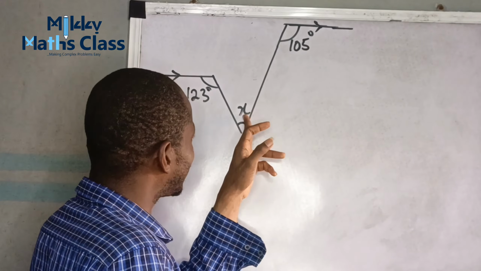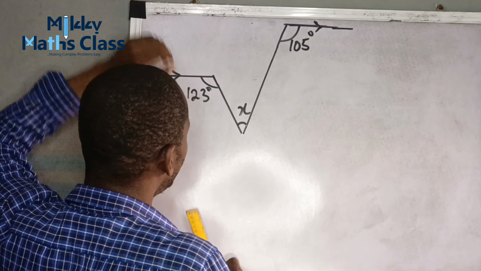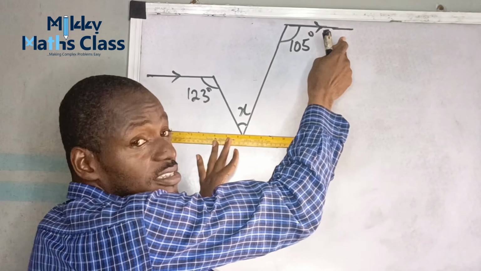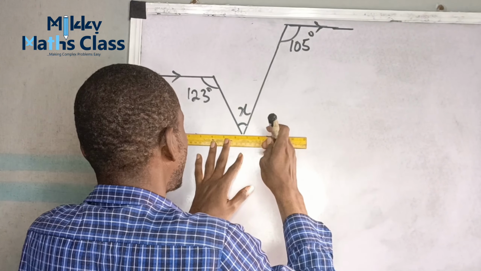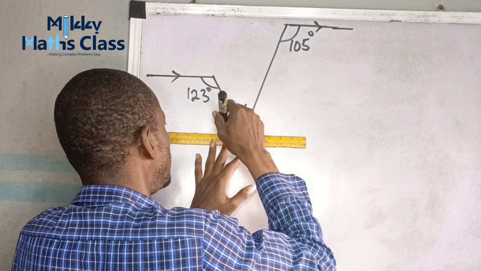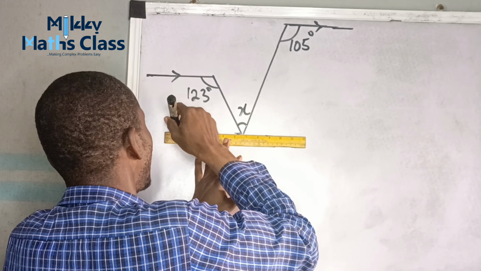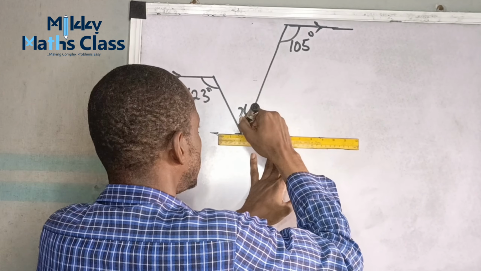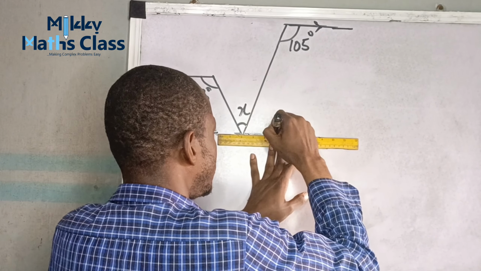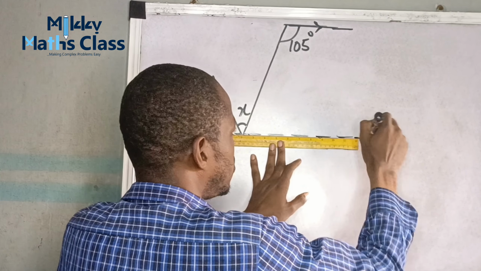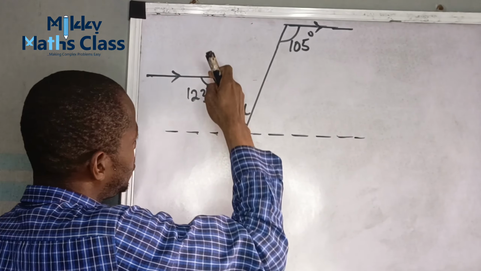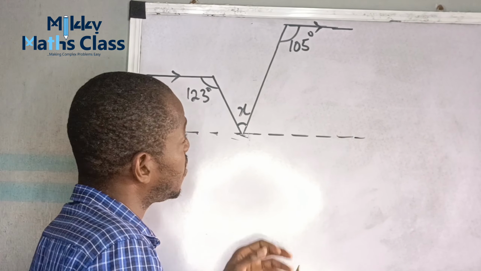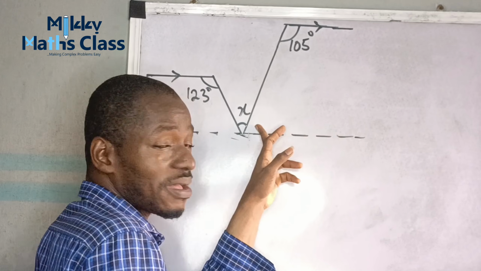Now, for us to find x, the next thing I will do is draw another parallel line, a line that is parallel to both this and this. So let's draw the parallel line that is parallel to those two. We extend this to this point. There's a reason why I'm extending it up to this point. I will tell you the reason. Now, this is like a C. So for me to find this x, I cannot find it except I have found this particular place and